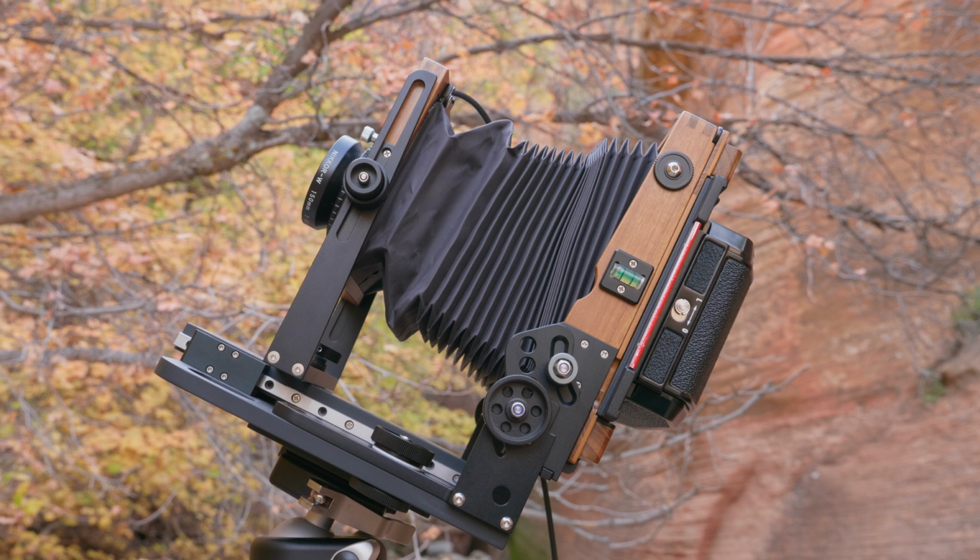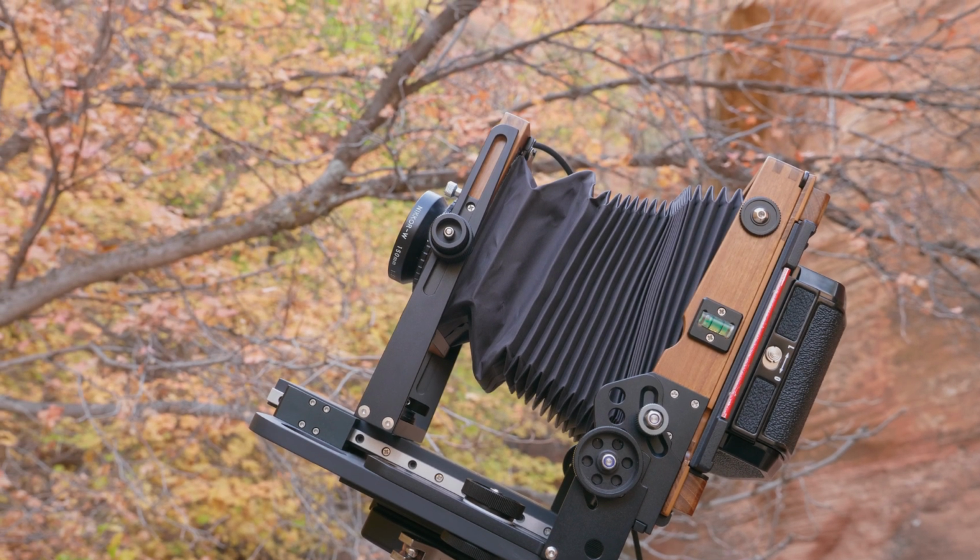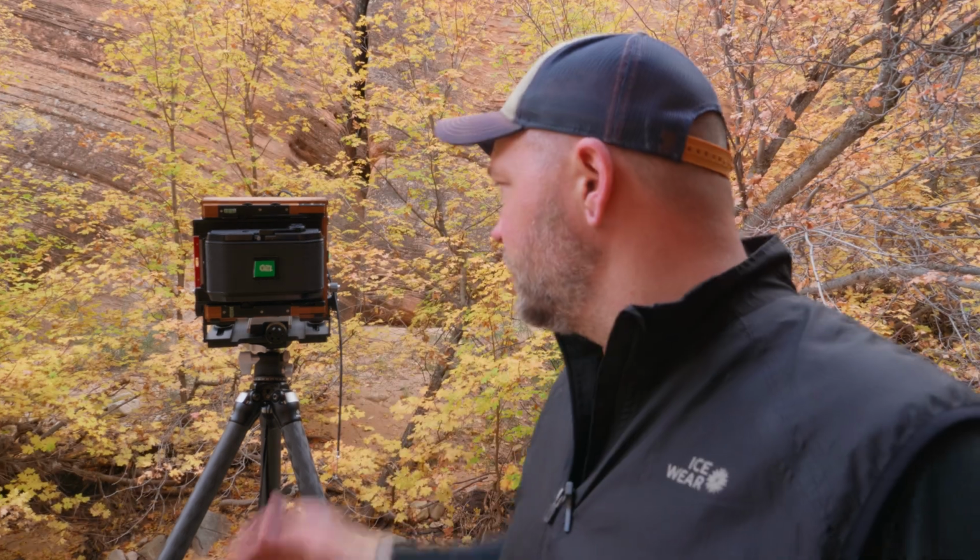W, the 5.6 lens. Gives me a nice 6x12 panorama of just these limbs of these trees and then the sandstone in the background. Now, of course, the lens on my camera isn't that much further from the trees than the trees are from the wall behind it. And just by physics, that means that the background is going to be really tough to get completely in focus. Even though I stopped down to f32 on this lens, the depth of field just isn't going to quite extend that far back. And that's okay, because the focal point really is the leaves, the brighter, warm objects in the